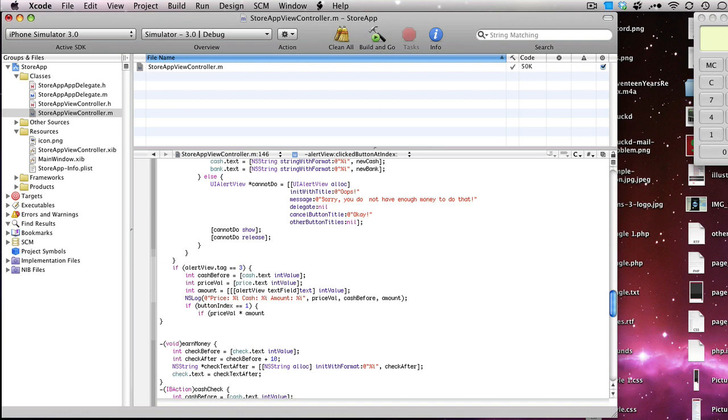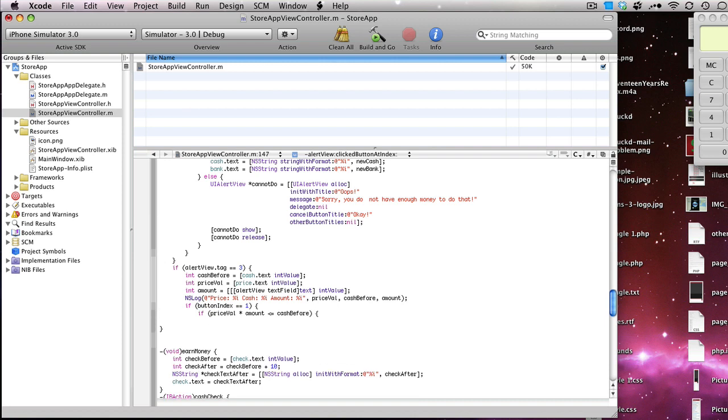So if the PriceVal times the amount, so the final value, is greater than or equal to the cash before. So basically, if the user has that exact amount of cash or has more cash than that, then, or sorry, I said is less than. So is less than or equal to. So basically, if the user has more cash than the final value, then perform this action. So close parenthesis, space, open curly bracket, we'll hit enter again, then int cash after purchase